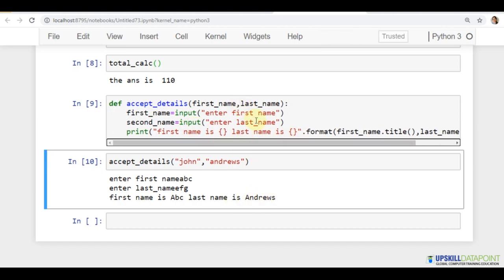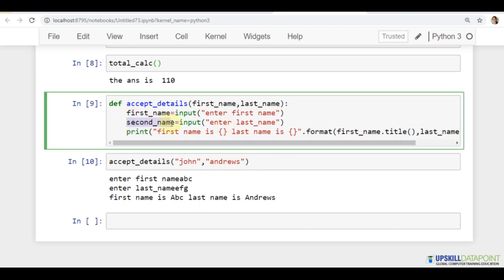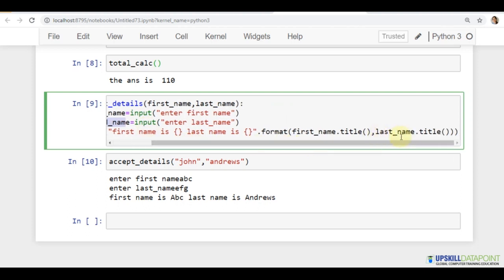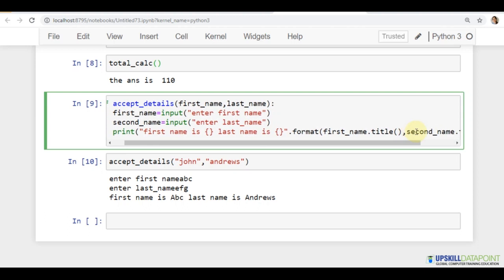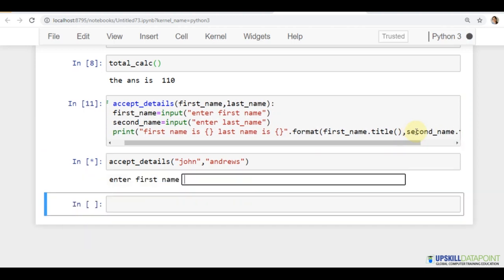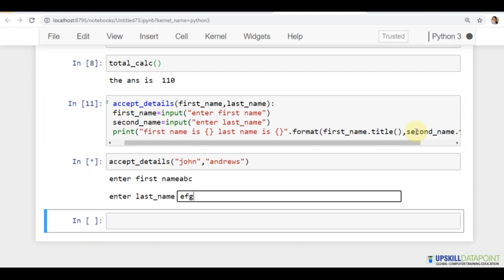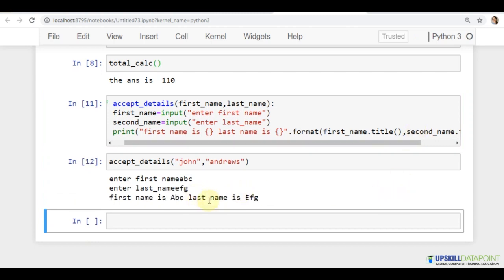Because see here, Andrews was taken as your default value, but here I have stored the variable, whatever you've passed inside second name, but here I have tried calling last name, which is why it is printing Andrews. So we will be passing here second name. So you can see here, now it is printing the values we passed.